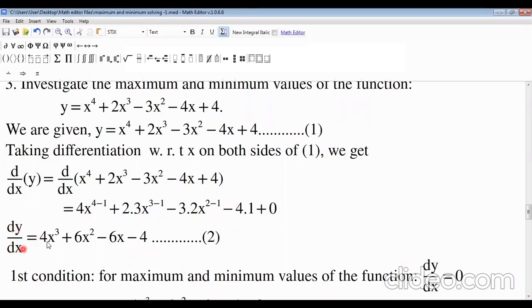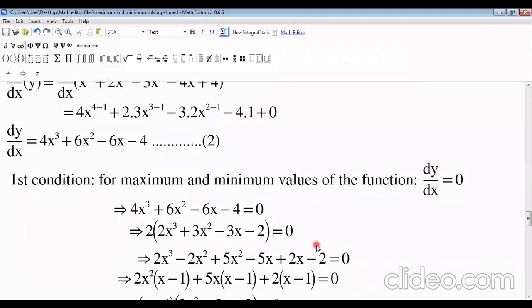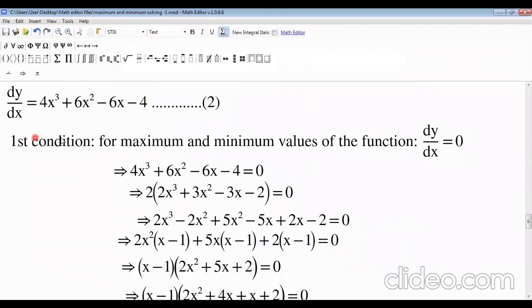So the first derivative will be dy/dx equals 4x cube plus 6x square minus 6x minus 4. This is equation number 2. Now the first condition for maximum or minimum value is that dy/dx must be 0. That means we first have to find the critical points using dy/dx equals 0. Then dy/dx is 4x cube plus 6x square minus 6x minus 4, equals 0. Taking 2 common, we can write 2x cube plus 3x square minus 3x minus 2